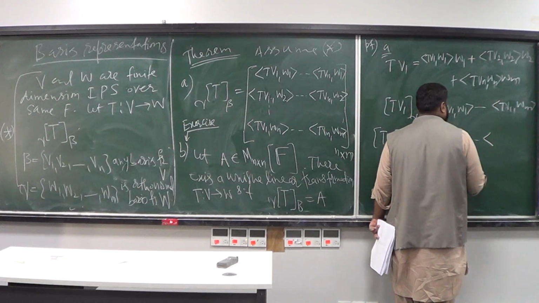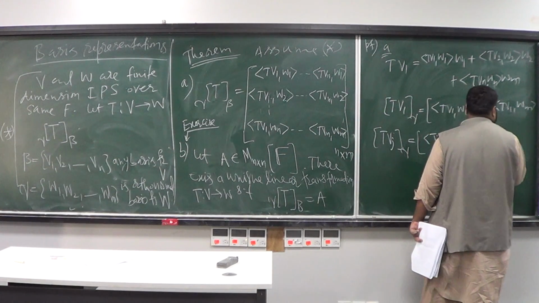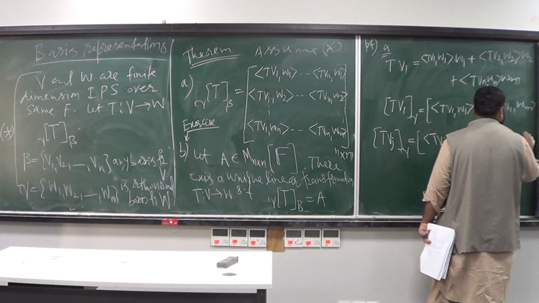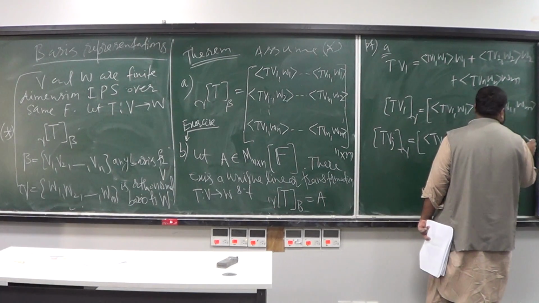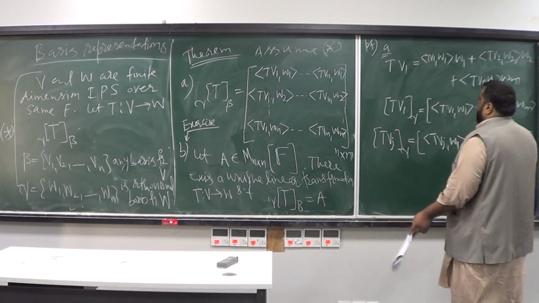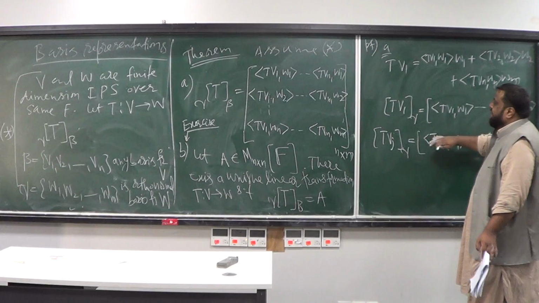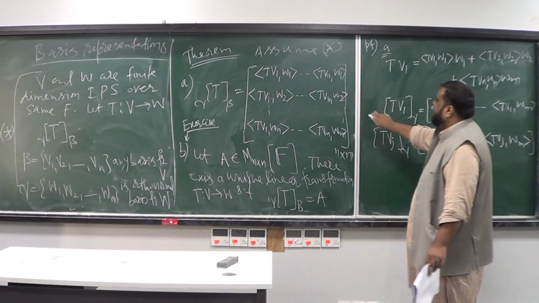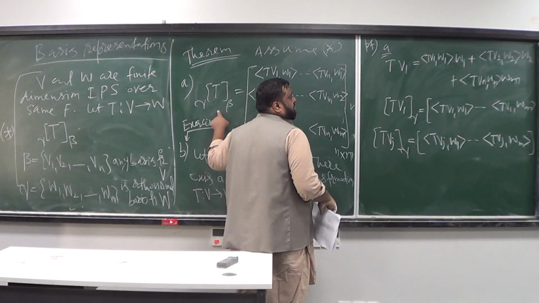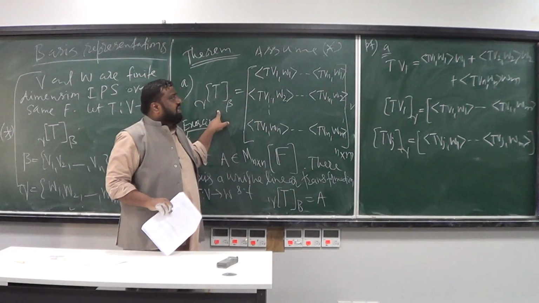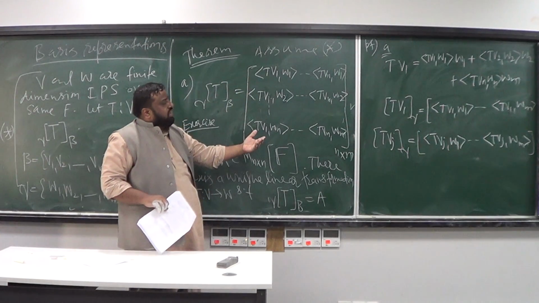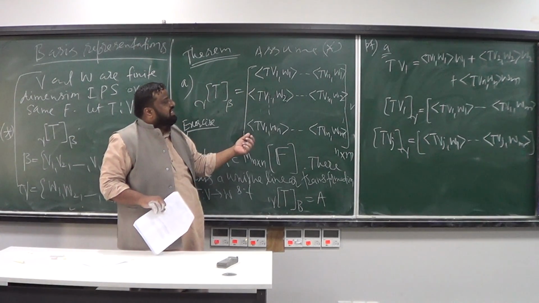up to T of Vj Wm. Okay? And if you put all these coordinates and make a matrix out of it, you're going to get this matrix, and this is precisely what it is actually. Okay? So if you make a matrix in which the first